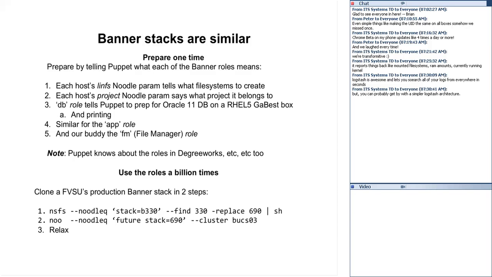So it's designed to clone a stack of machines into a new one. It asks Noodle for a stack of machines that are labeled B330. B stands for Banner, and 330 is Fort Valley's school code. We're going to replace 330 with 690, which I think is Dalton's school code. So we run this and we type it into SH, and it creates a new stack of Banner machines in